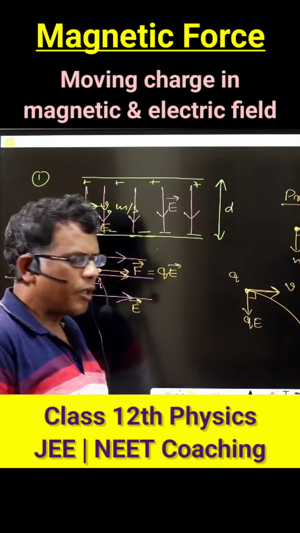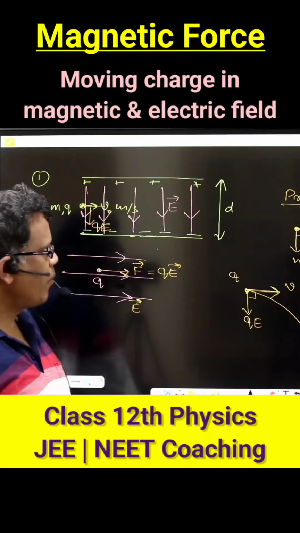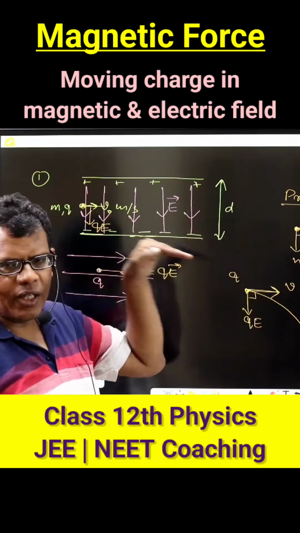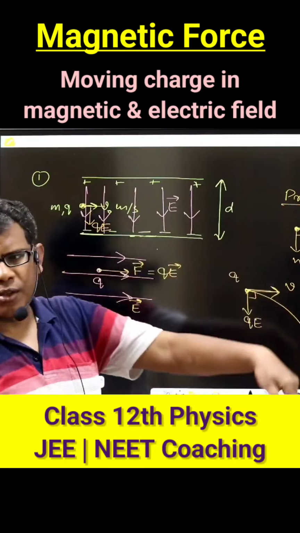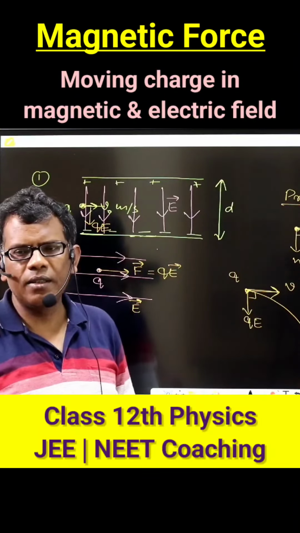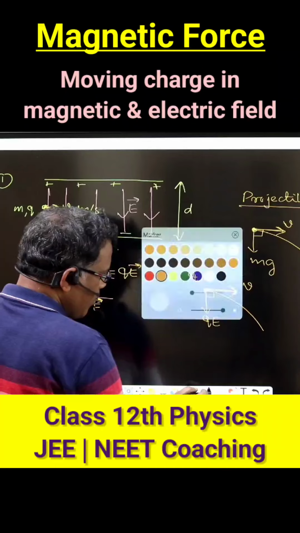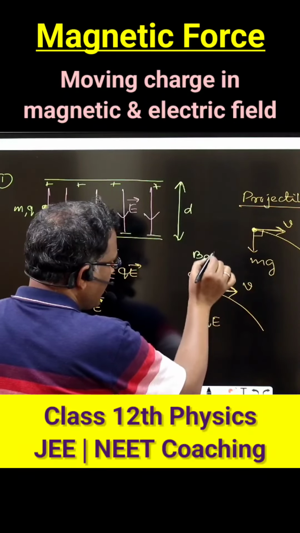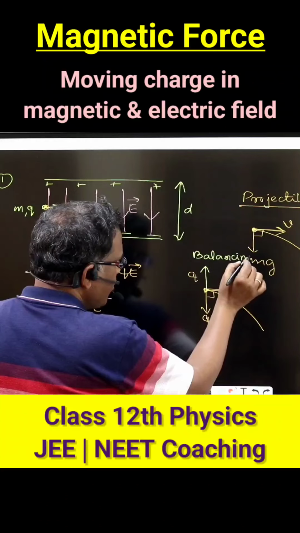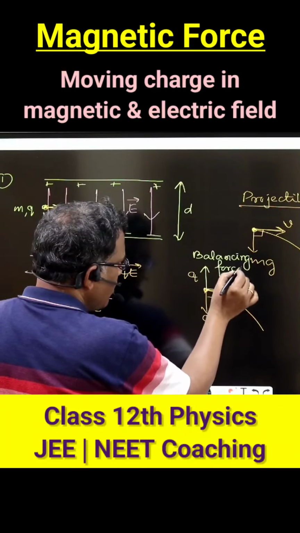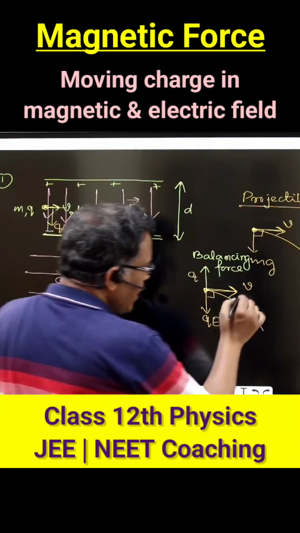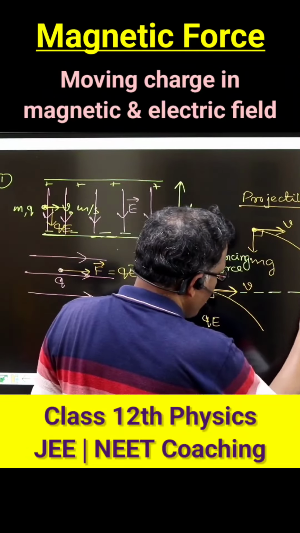Yes or no? So if this charged particle starts following a parabolic path, that means there is a possibility that instead of going straight, instead of going along the direction of projection, it may turn to hit the negatively charged plate. Undeviated motion can only be possible if I can see some balancing force in the upward direction on this charged particle, right? So a balancing force which can balance QE can only lead to the undeviated motion along this line.